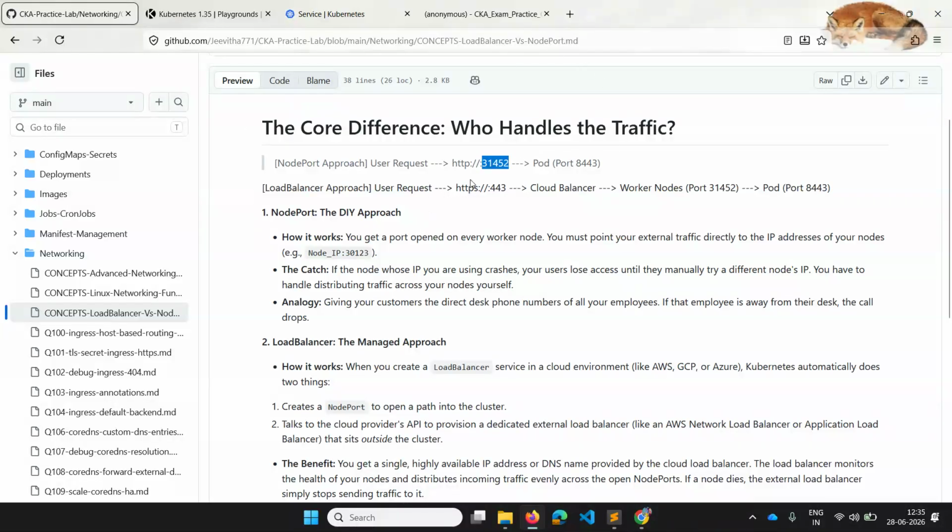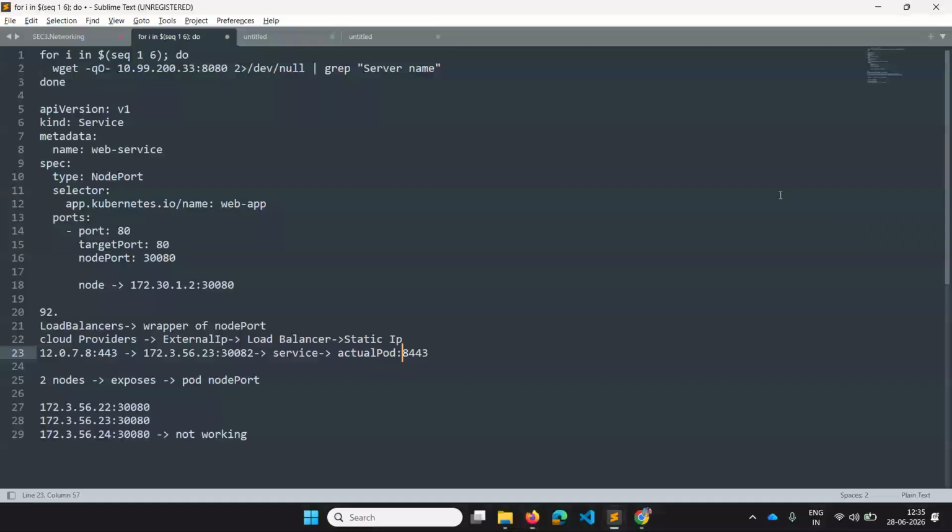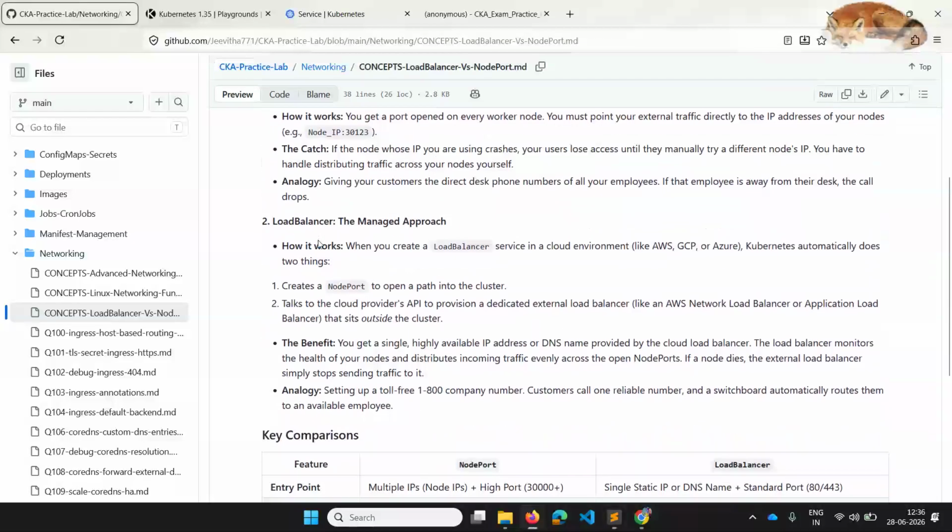But here there will be some external IP, and we mentioned the port. Using that, there will be the load balancer. Using that, it will pick up one of the node IPs and forward to one of the ports, and from there it will send to the service, and from there it will forward to the pod. So that is the approach basically.